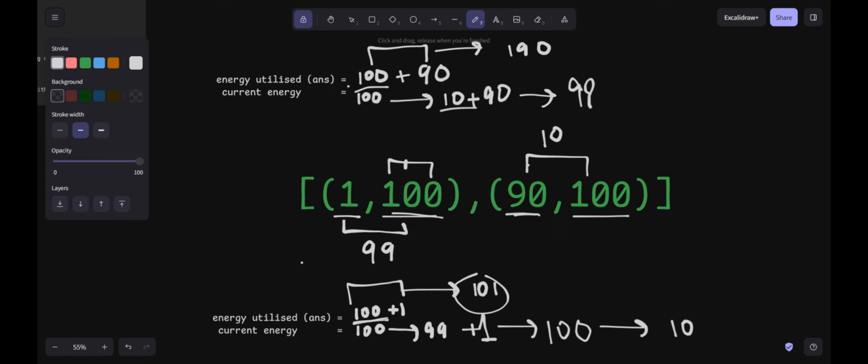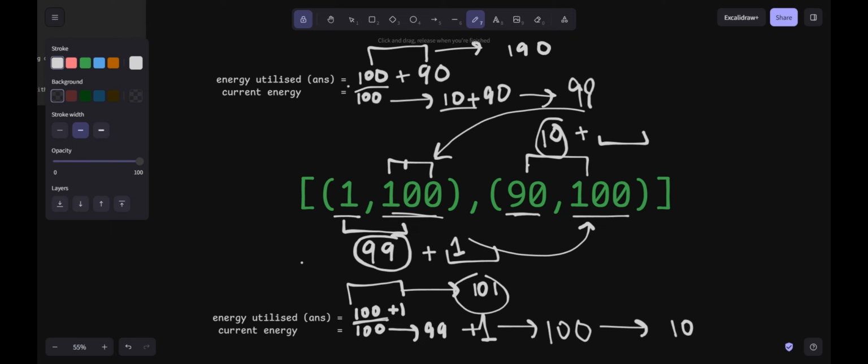But when I had 100 and started from index 0, I was left with 99 units of energy, and from my side I had to only put in 1 unit of energy to fulfill the criteria of index 1. But in the second case, I was left only with 10 units of energy, and from my side I had to put in 90 units of energy in order to fulfill this criteria.